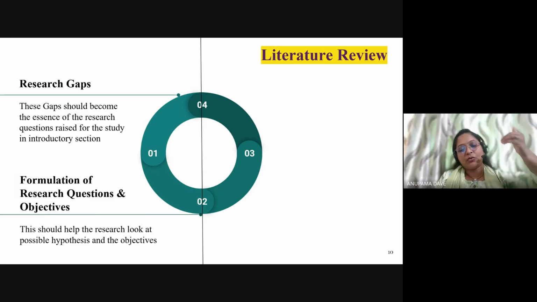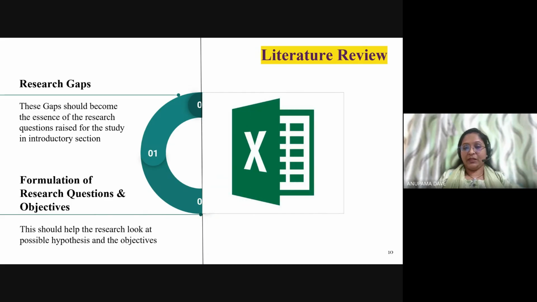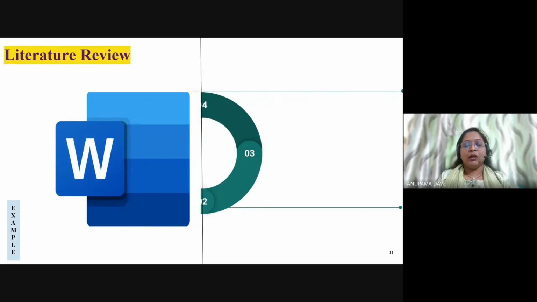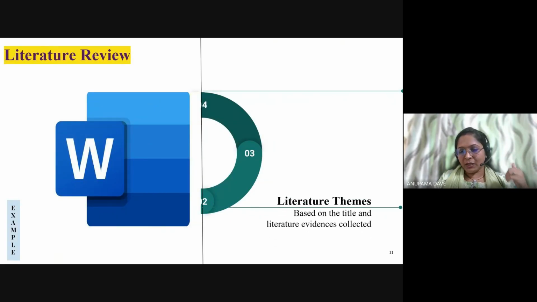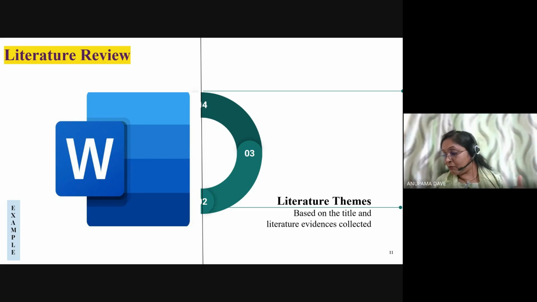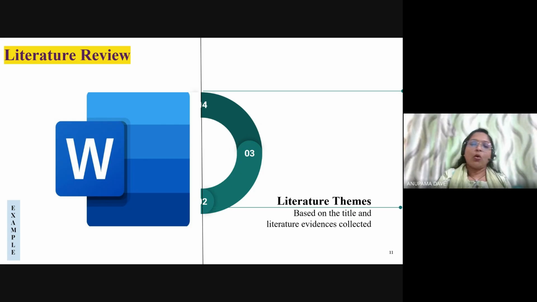We should be very clear about the research questions and objectives that we are formulating for our research. These two things would come from the matrix. If you are able to prepare it, it would be very easy for you to identify them. Based on this, we should have our literature themes. What I mean by themes is, if you scroll through paper one, that is ChatGPT 1, you would see a lot of sections made for the literature review. It starts with section number 2, literature review, development and hypothesis, and they have their 2.1